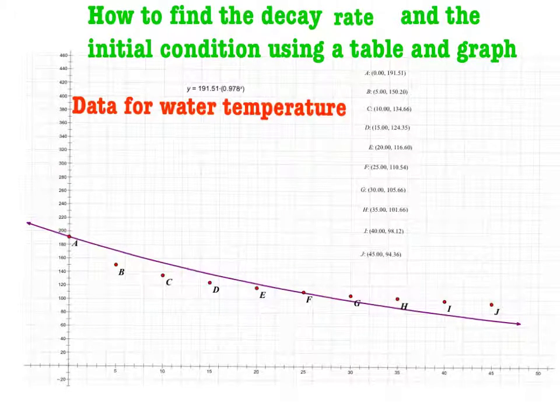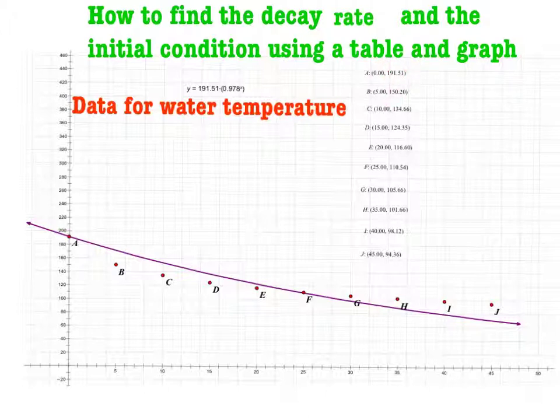How to find the decay rate and the initial condition using a table and a graph. To find the initial condition using a graph, look for the y-intercept. In this graph, the y-intercept is 191.51. This is your initial condition. Using a table, the initial condition is right here,